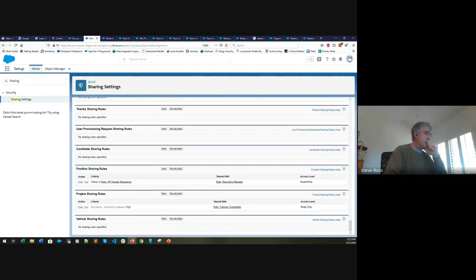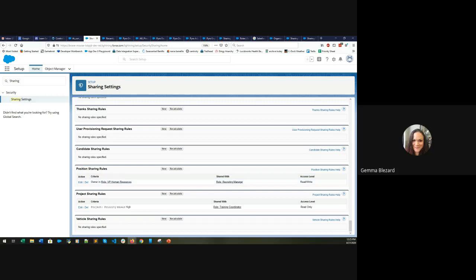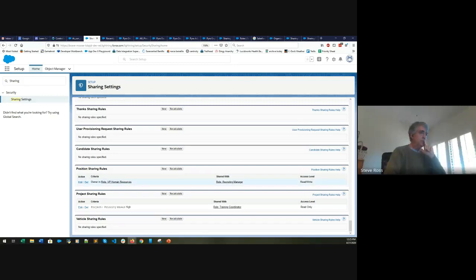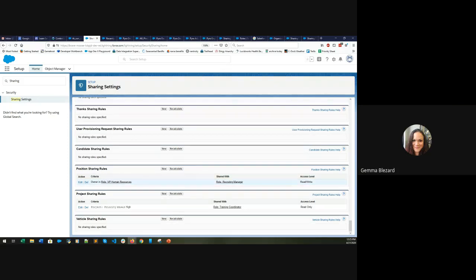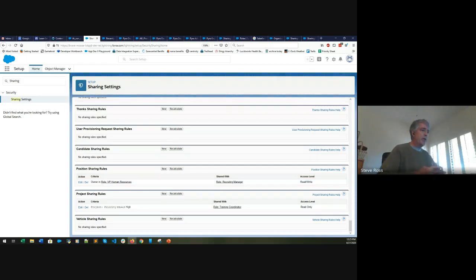And I'm just checking to make sure, okay. Yep. So what you're doing there is you're sharing downwards. The best way to remember is if you need to share downwards, then you need a sharing rule. If you need to share to a sibling, you need to have a sharing rule. And also if you need to share to a role that's in another section of the role hierarchy, you need a sharing rule. Okay. So now to test this, we ought to log in as the recruiting manager and see